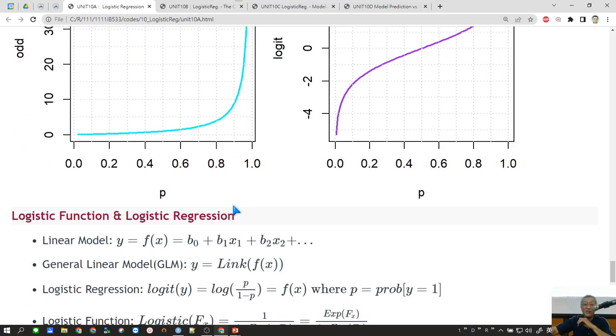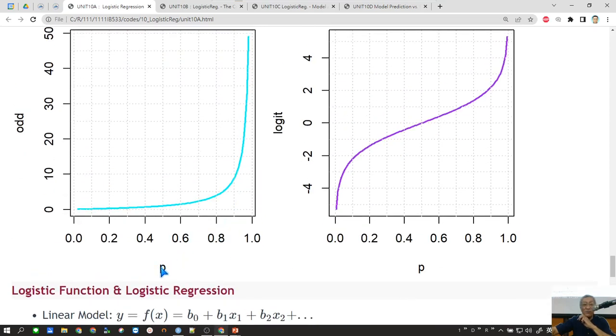This is the function of transforming P into R. As I told you, P is always between 0 and 1, and R can be from 0 to positive infinite, okay? If you apply log transformation on R,